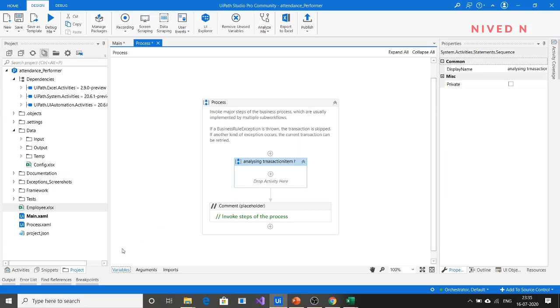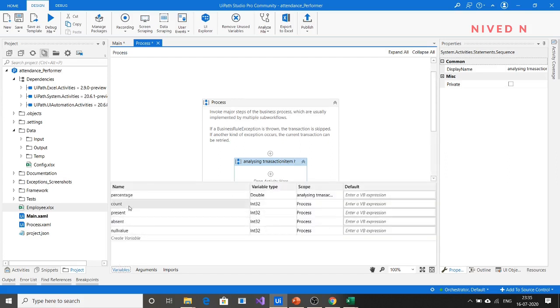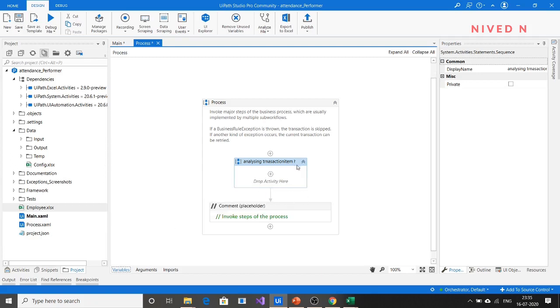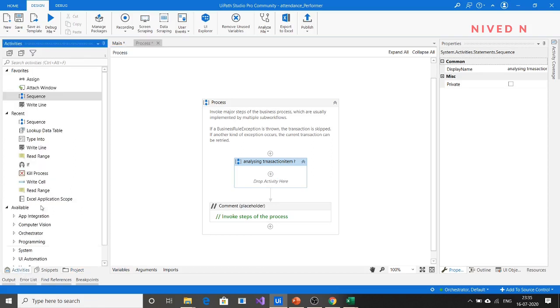Before that, since you have specified the present, absent and null value variables, after one transaction is completed, when you go to the other transaction, the value should be reset so that it can calculate the present, absent and null value of that transaction item or that employee. So in the starting you have to specify the initial values of present, absent and null value.